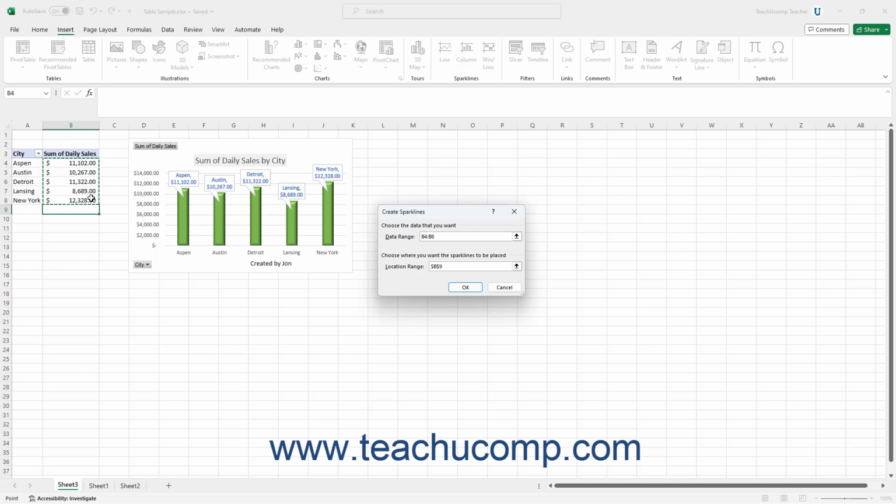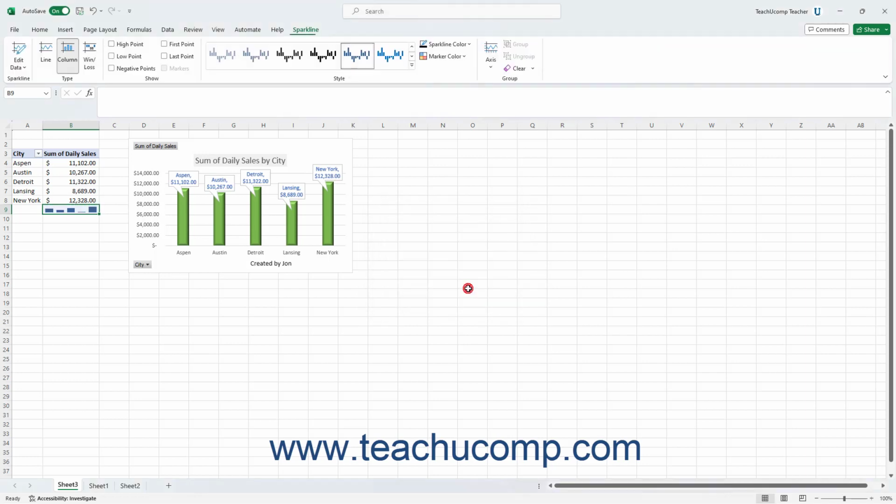After selecting the cells, note that the Location Range field displays a reference to the initially selected cell in the worksheet. This is the cell that will contain the sparkline. You can change this value if needed. After making your selections, click the OK button within the dialog box to insert a sparkline of the selected type